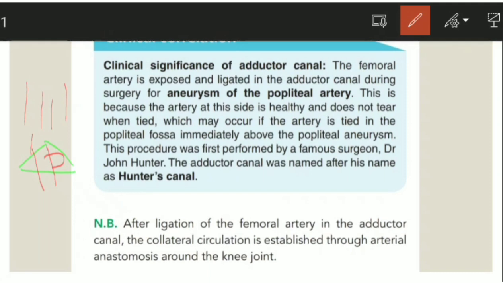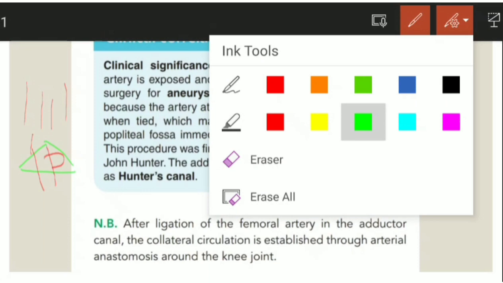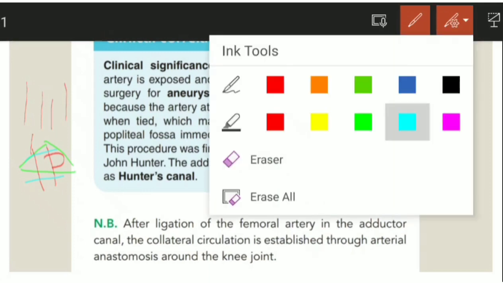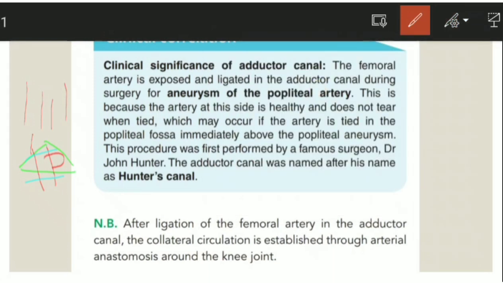So what happens? The surgeon will cut this part of the popliteal artery, and then it will be ligated. If you have to ligate the cut part like that, how will we circulate the blood? So you have to ligate, and that ligation will take place in the